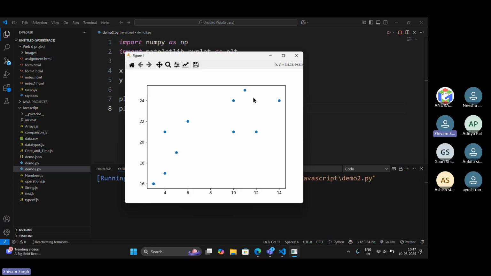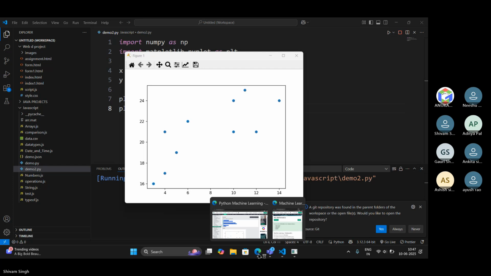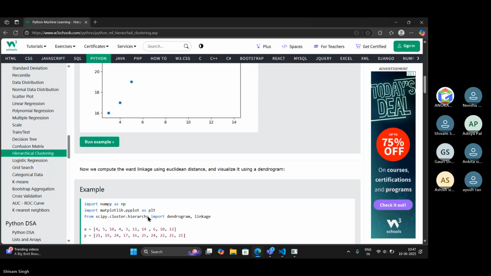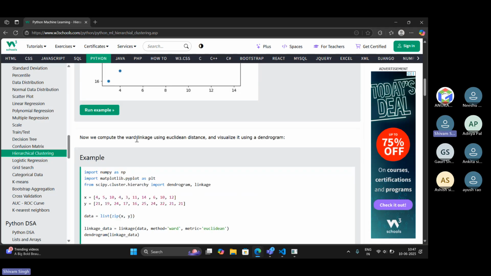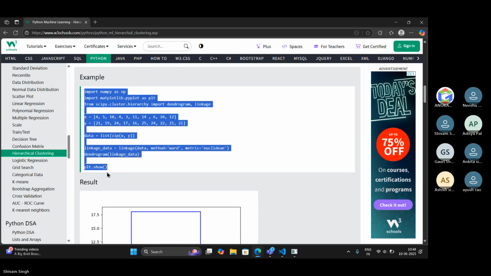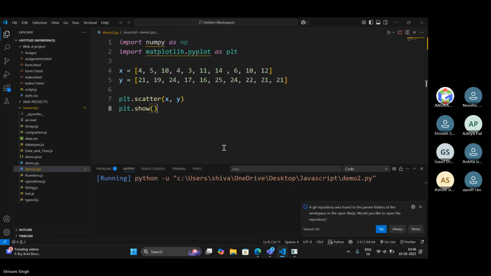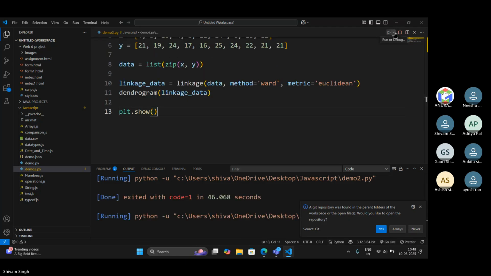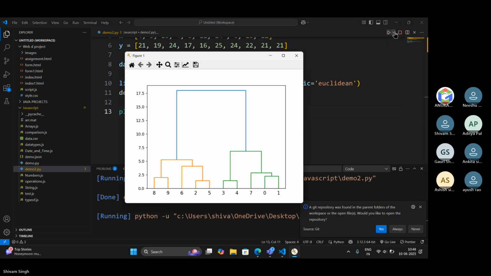So you can see the output here. Now compute the Ward linkage using Euclidean distance and visualize it using a dendrogram. So you can see the diagram here.